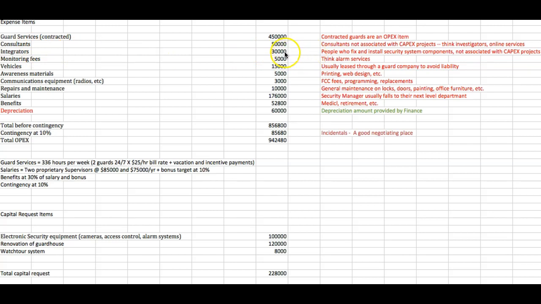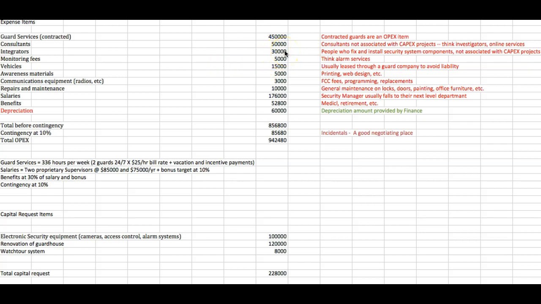That's for parts and labor for the stuff I already have in place. A camera goes bad, they have to come in and pop a new camera on. It's going to run you about $1,000 plus another $1,000 to have them install it, program it, all that stuff. Happens several times a year. I looked at last year Bill's budget, and he spent $25,000, and I know that some of the cameras are getting old, so I'm guessing $30,000.